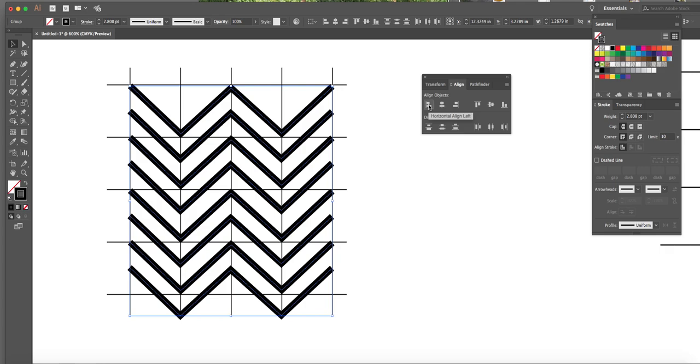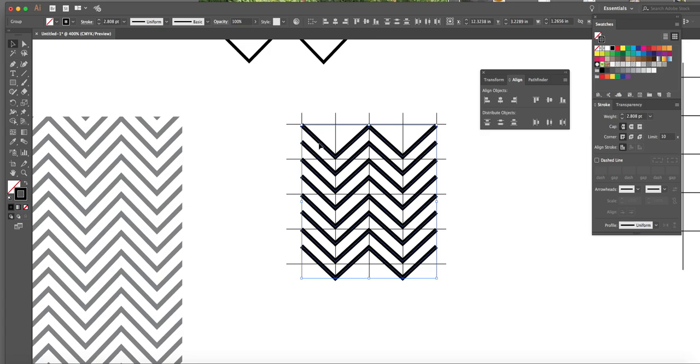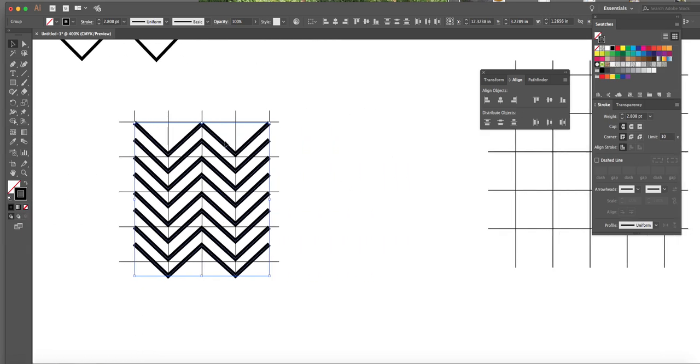And I'm going to, again, one more time, just use my horizontal left tool in the align box, just to make sure that when I added that next series of 4, that now everything is flush with the existing 4 zigzags that I drew previously. So now that everything's aligned and now I have all my chevrons grouped,